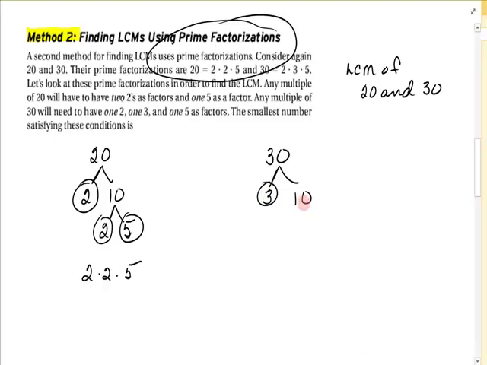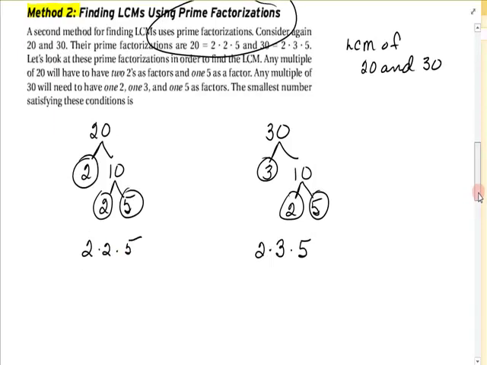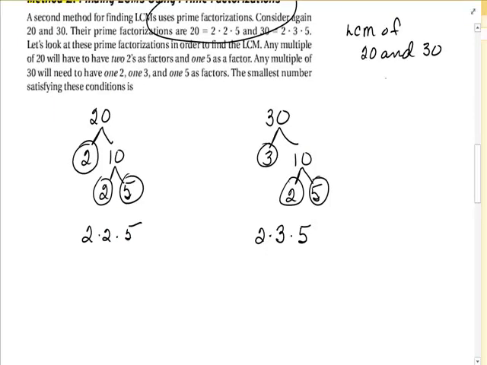All right. 10, it's 3 times 10, and there's my prime. 10, it's not a prime number, but it has prime factors of 2 and 5. So the prime factorization of 30 is 2 times 3 times 5. Now, you have to take these two different prime factorizations and figure out what the least common multiple is from